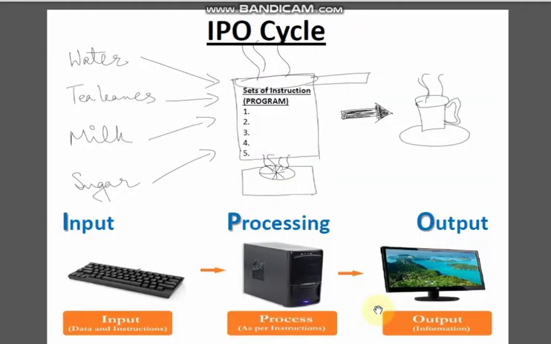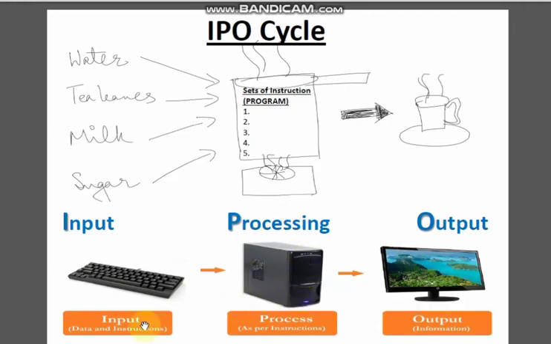Let us learn the IPO cycle, the input-processing-output cycle. What happens actually? This fundamental thing you have already understood, that there are some basic inputs which are to be given to the computer by the programmer or from any external source. The computer will process whatever is required as the output by the user. So input, processing and output.